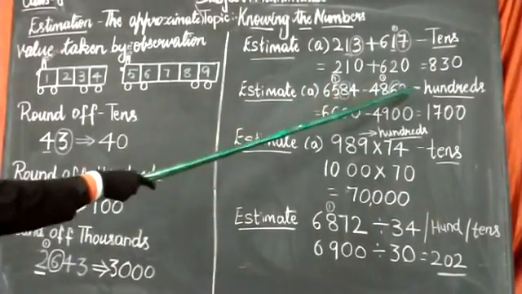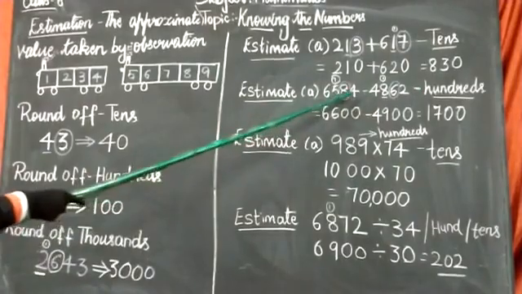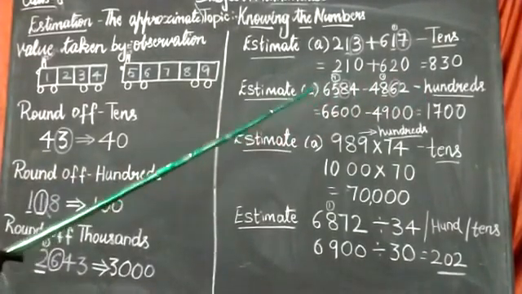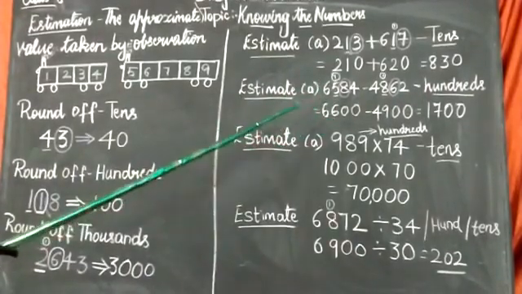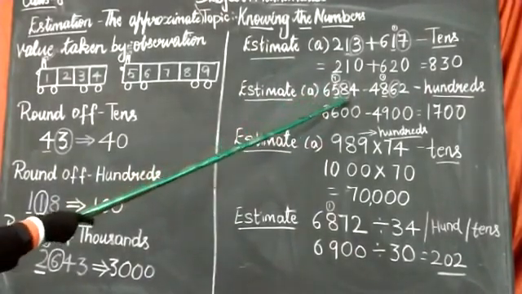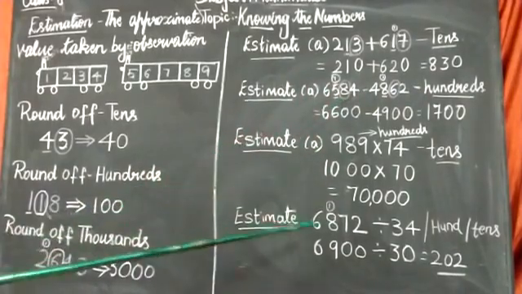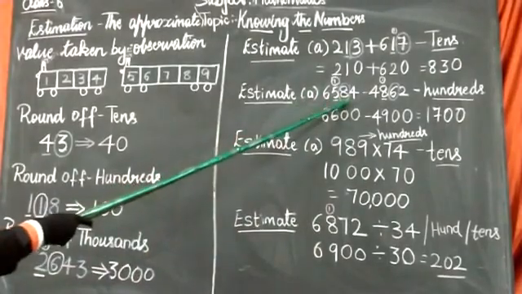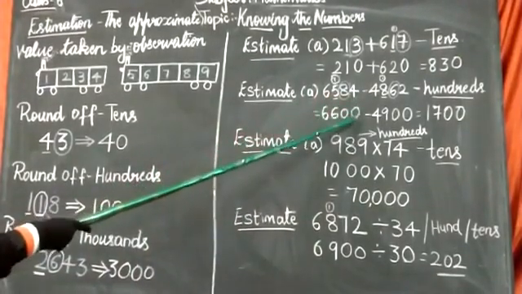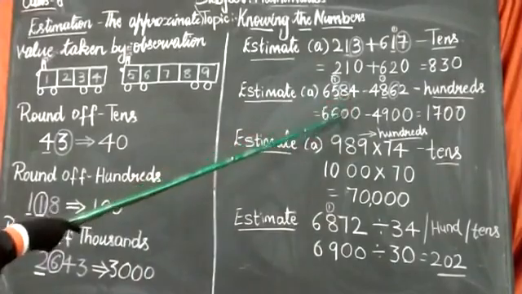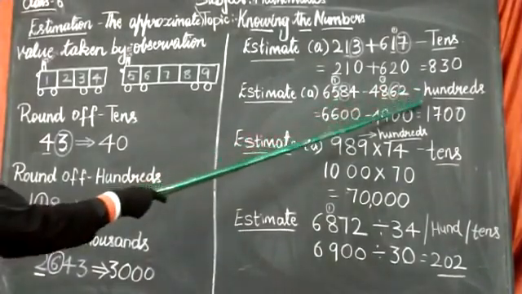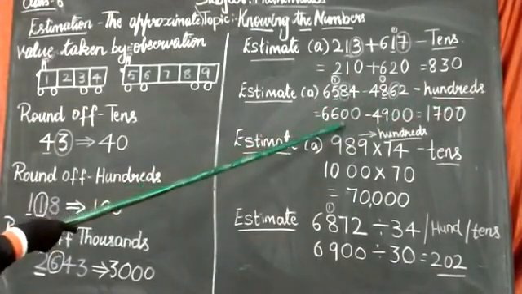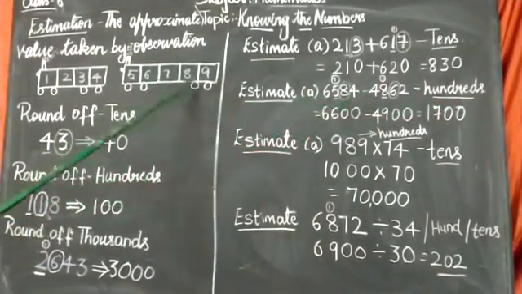Now, next, estimation in subtraction. They are telling you to estimate this number and round off to hundreds place. So when they are telling to round off to hundreds place, which place value should you take into consideration? The place value before 100, that is tens place value. So here 4 becomes 0, because we are not taking ones into consideration. We should round off to hundreds.